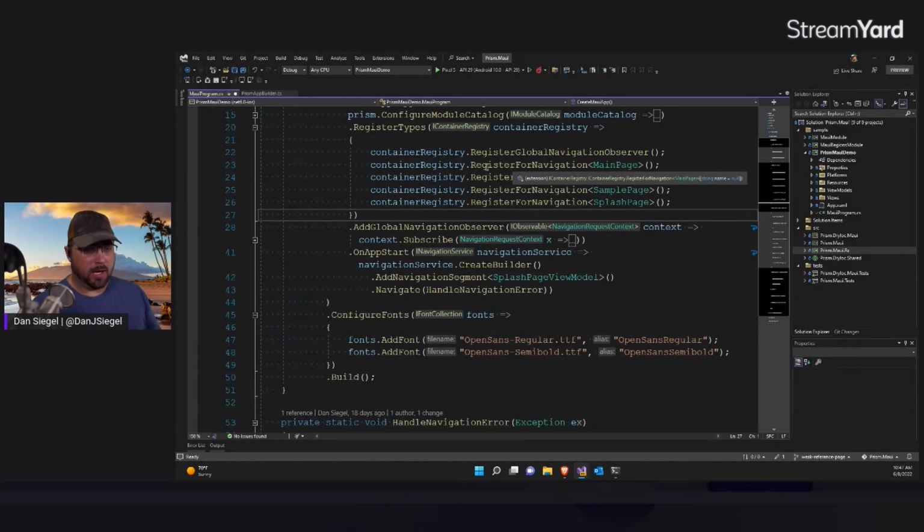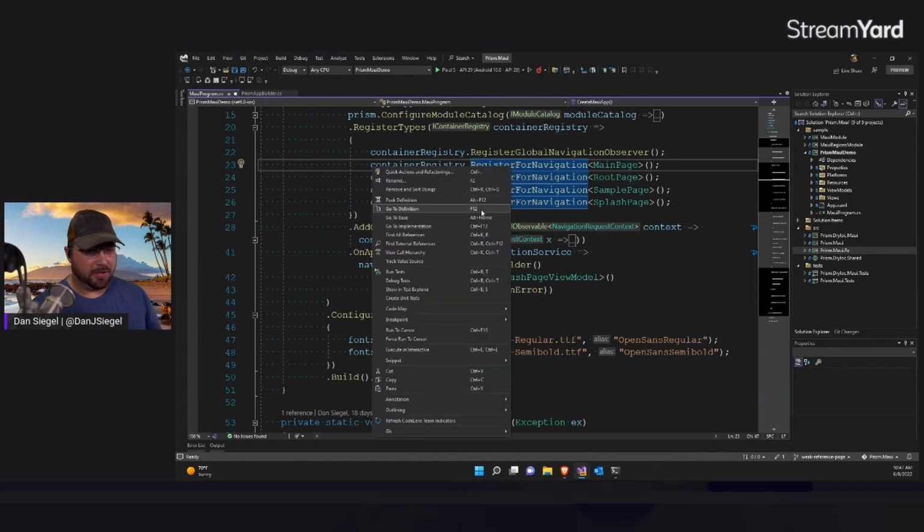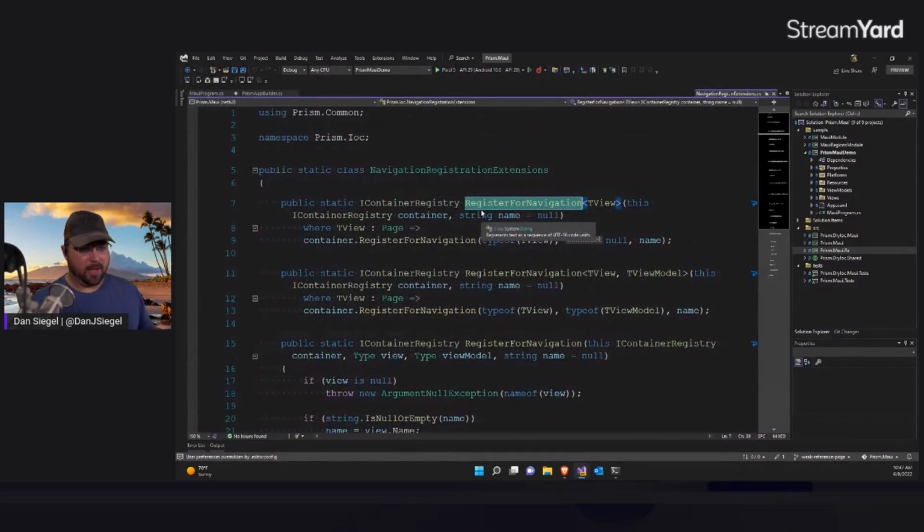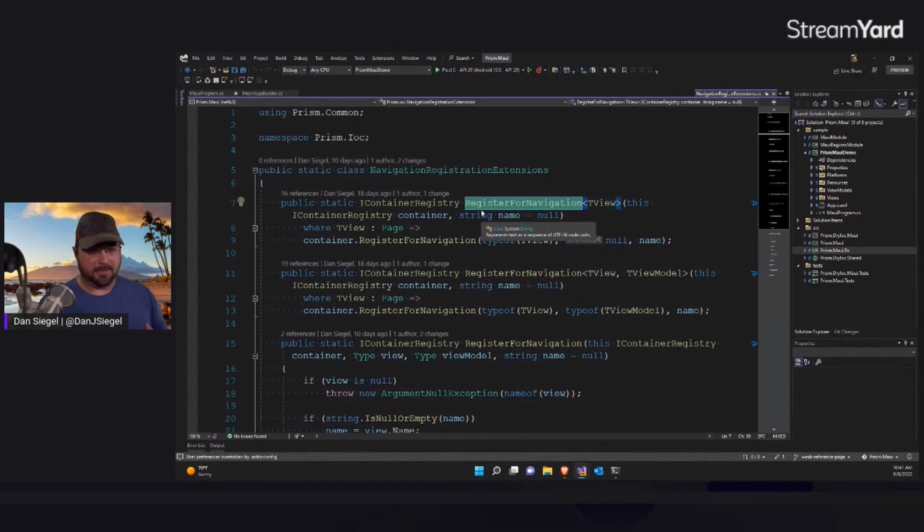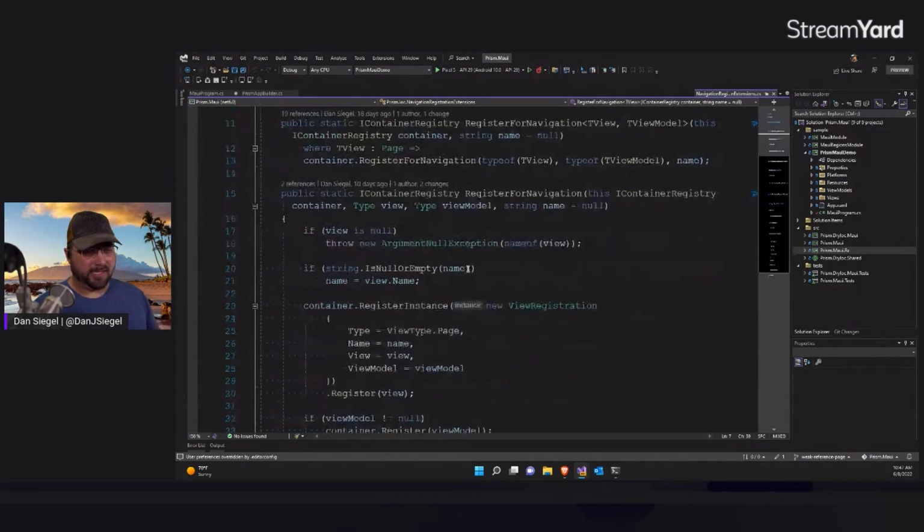And on the platform layer, we have the Prism core that exposes that. But then on the platform layer, we have things like register for navigation, because here we have a generic constraint that is specific to whatever the view type is. And so, those still obviously exist for the container registry. But the really cool thing is, because Maui takes this first class approach to dependency injection with Microsoft Extensions dependency